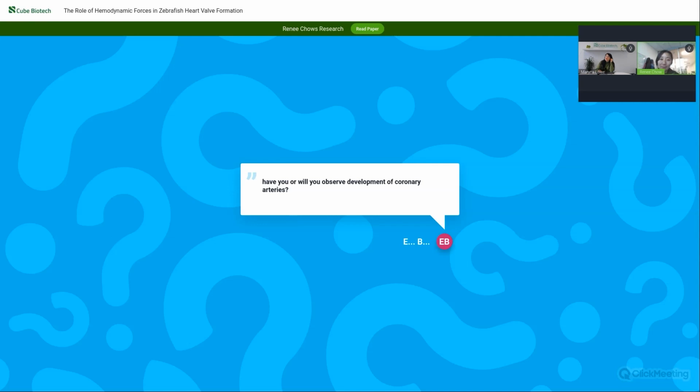Maybe in the last round, a very naive question. You also said that there is a lot of research on mice, and I can imagine that such live imaging would not work with mice, probably because of the size of the heart. Yes, there are a few limitations in the mouse: the size, the transparency, and the fact that the embryo develops inside the mother. So you would have to take the embryo outside of the mother and keep it alive, which is quite challenging.